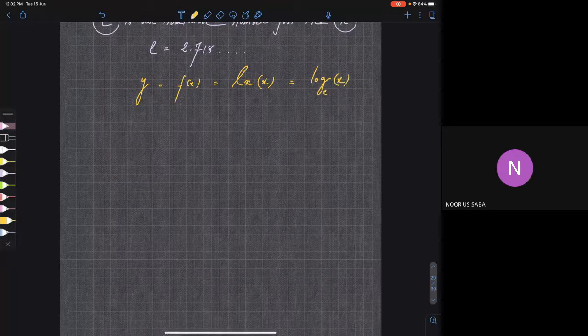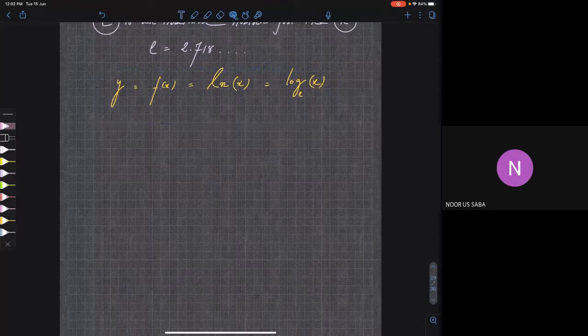Generally, there are two types of logarithms that are widely used. One is log to the base 10, the other is log to the base e. This log to the base e is very common in science. Everywhere you will get this logarithm, in every branch. You will get this in finance, in physics, in chemistry, even in biology, how the population of bacteria changes. Slowly you will understand, don't worry. But this is natural log.